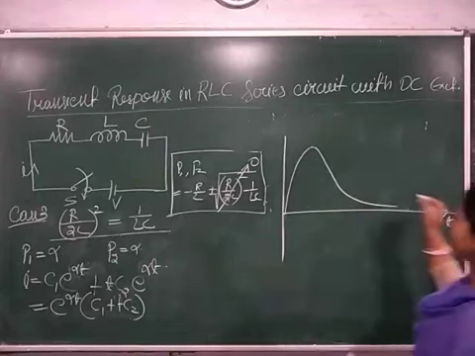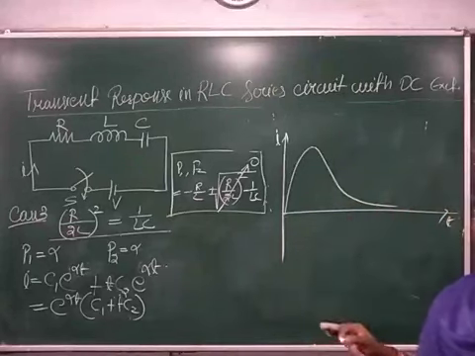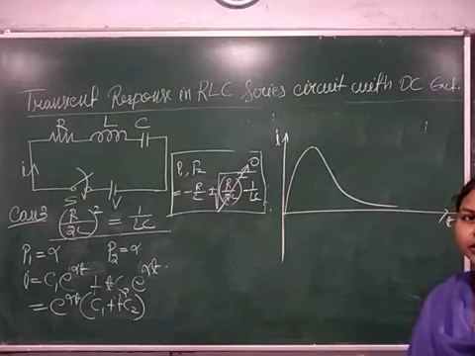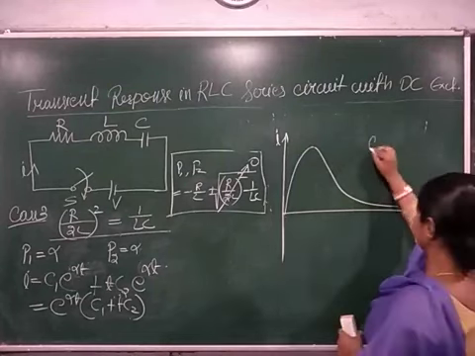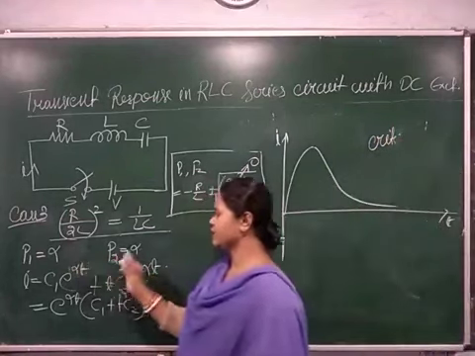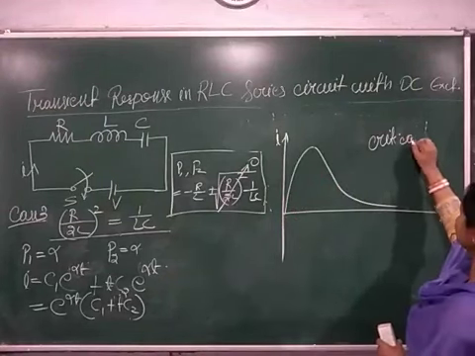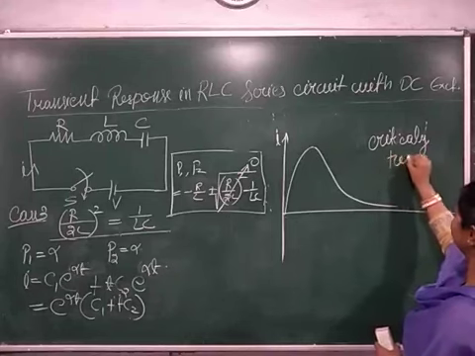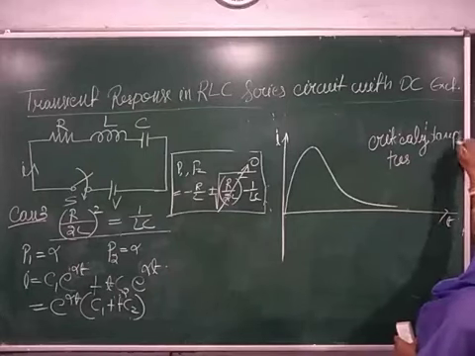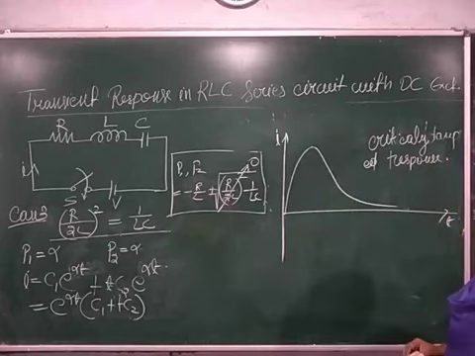This is the time. Means in a very short duration, very sharply it reaches its final value. This response, when the two roots are real and equal, is called the critically damped response. So students,